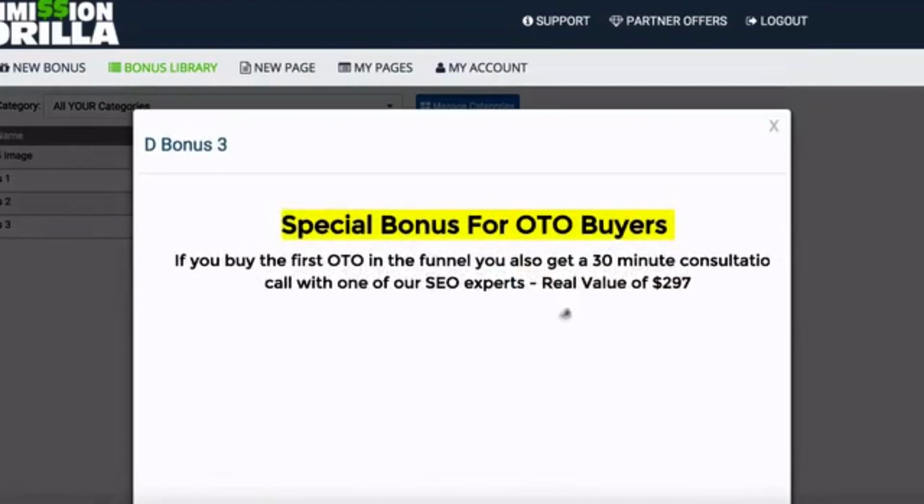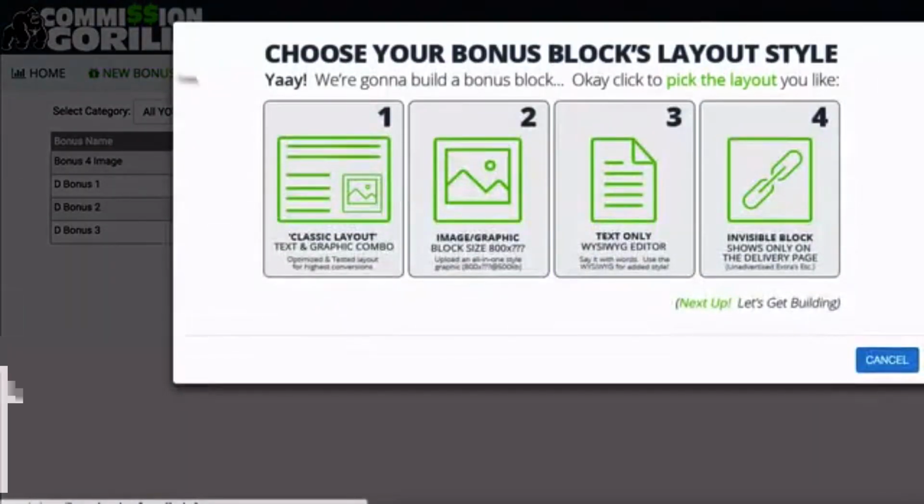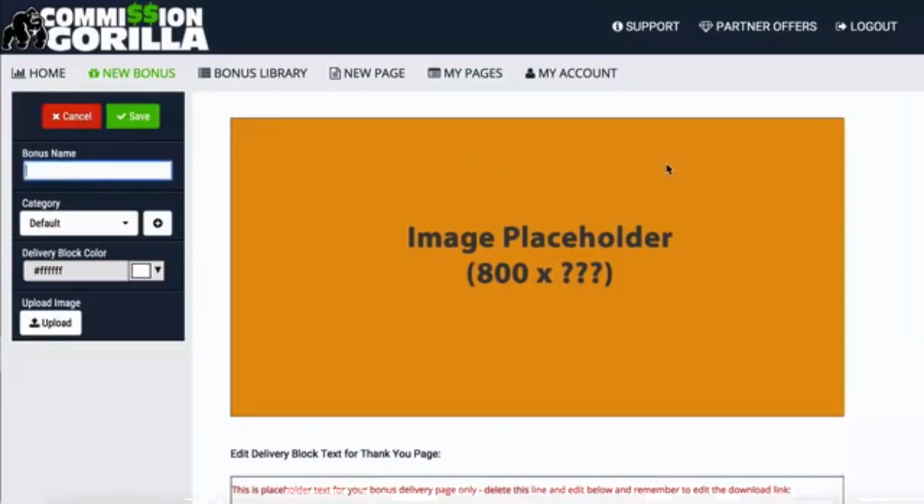Another example you could have is just text. All right, like I said, you could have just your WYSIWYG editor and create any kind of text that you want. So this one I just created is just text, but I could add anything I want to this for this particular block. Okay, so what I want to do now is actually add a new bonus. I want to show you what it's like to add, and it's very, very easy. Okay, so let's add an image graphic. So we'll do image block for this one. We'll name it